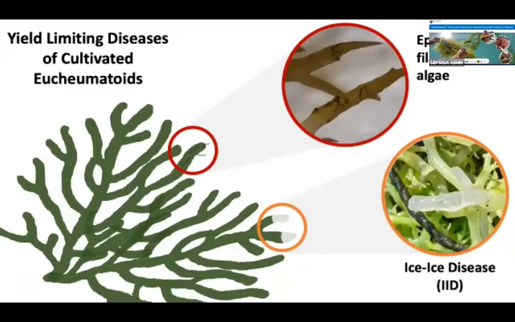So we know the commercial cultivation of Kappaphycus and Eucheuma has increased rapidly since the industry began in the 1960s, and the greatest constraint to its further expansion is the occurrence of yield-limiting diseases. So these are epiphytic filamentous algae, like Melanothamnus, which is being covered separately and is shown at the top here, and also ice disease, which is this bleaching condition shown here, which was first seen in the Philippines in the 1970s, but has since become both prevalent and widespread. And it should also be noted that these conditions are known to co-occur within the same tissue as well.